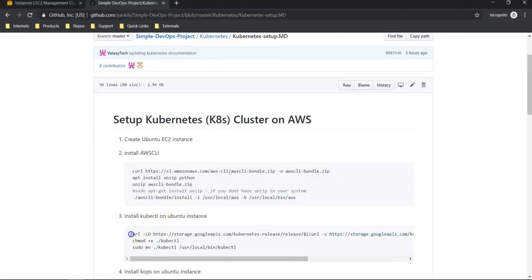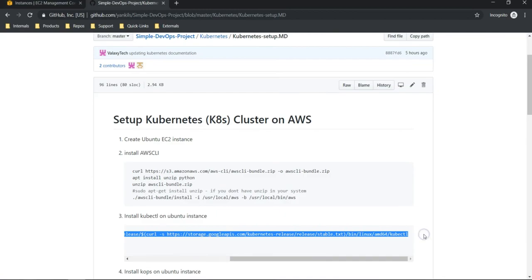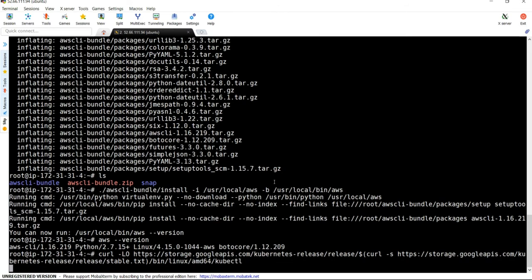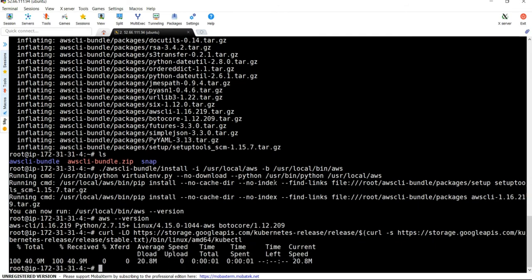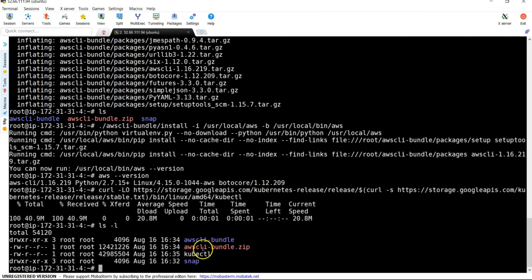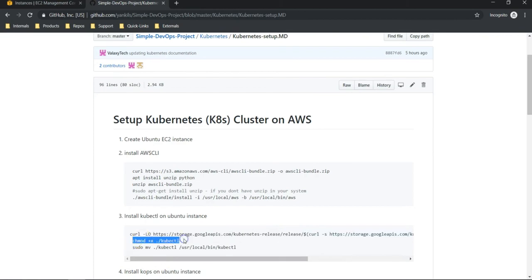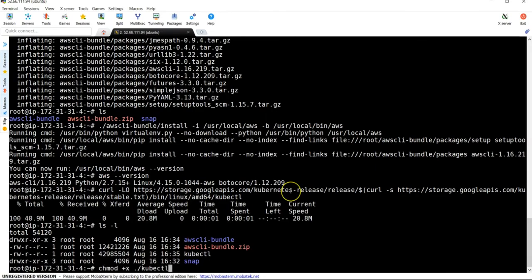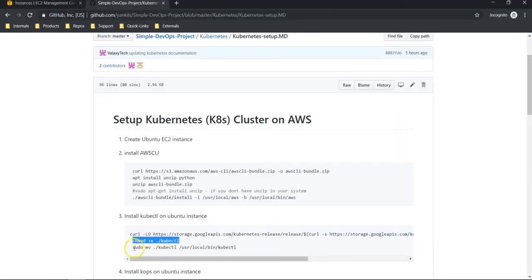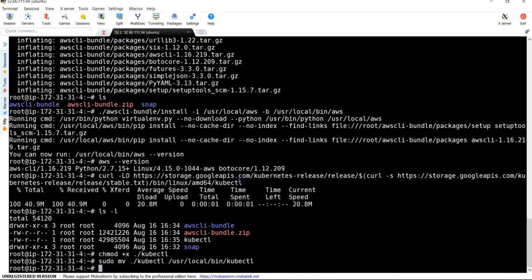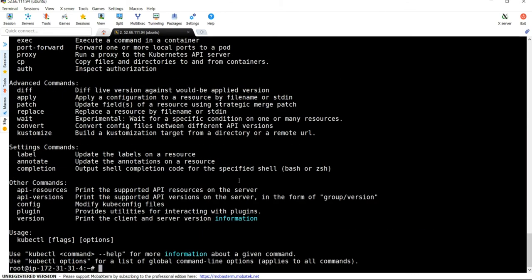Next, we should install kubectl. In a similar way to how we set up our AWS CLI, just execute this to download kubectl. It's a file. You can just see that. Yes, we got a file. Just copy this under /usr/local/bin. Before that, add execution permission. Next, I'm copying it. Okay, it's done. Now I will execute kubectl. It will tell you there is a syntax error. That's okay.